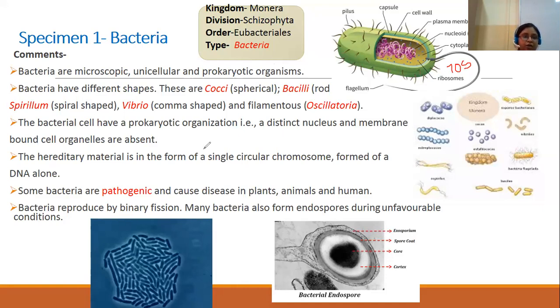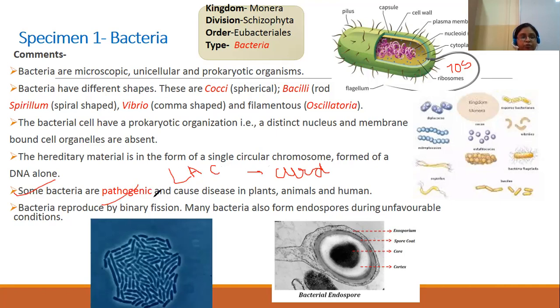Fine. And then let's talk about the economic importance. Some bacteria can be beneficial, like the lactic acid bacteria. These lactic acid bacteria are beneficial because they help in the formation of curd, and besides, there are some other bacteria which help in the production of certain commercially important products like acetone, vinegar, and so on. Fine. So in this way, these bacteria can be beneficial and they can be pathogenic also.